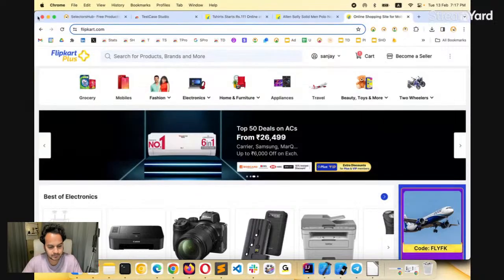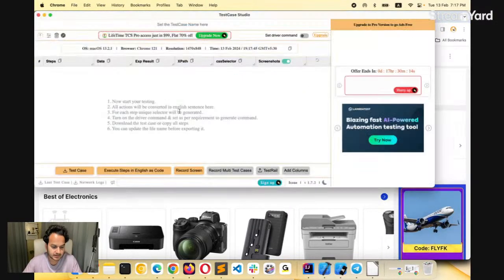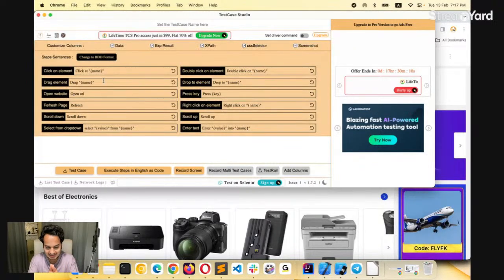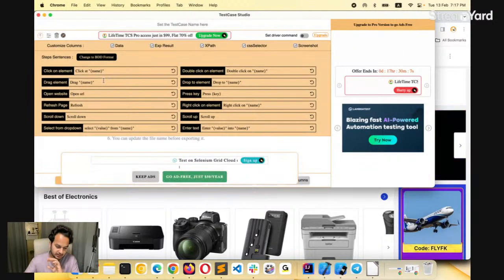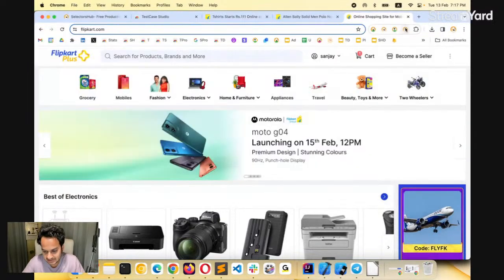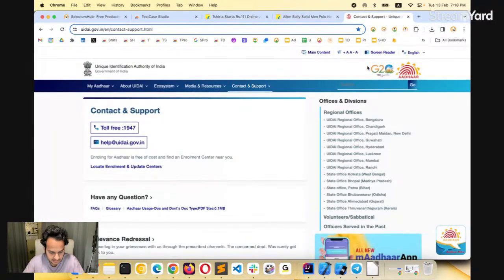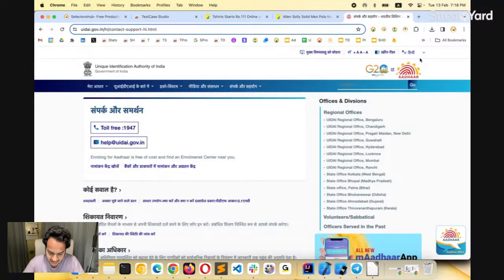Now the next thing is, suppose you want to record the test case in any language, that also can be done. I will show you how. Suppose we are testing a website which is in a local language. Like for example, this website right now is in English. If we change the language and we want to test this website in another language,